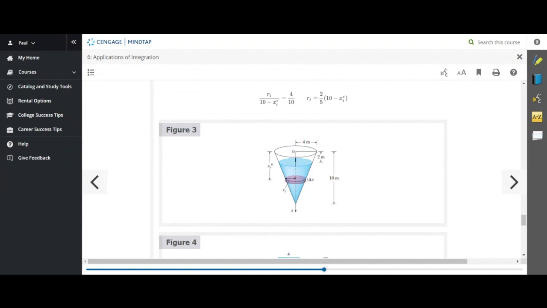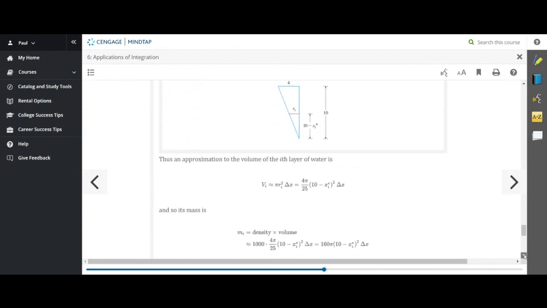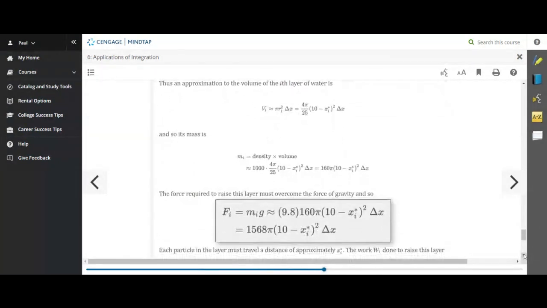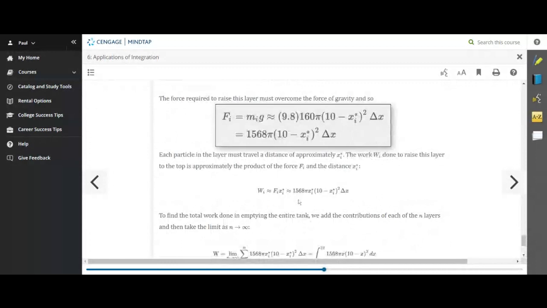So we're basically taking that volume of water, breaking it up into a bunch of layers, and computing the work needed to bring each layer of water to the top of the tank. We're almost done here, almost done. Okay, the work